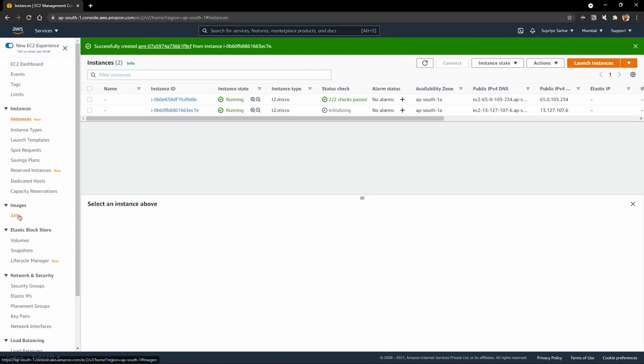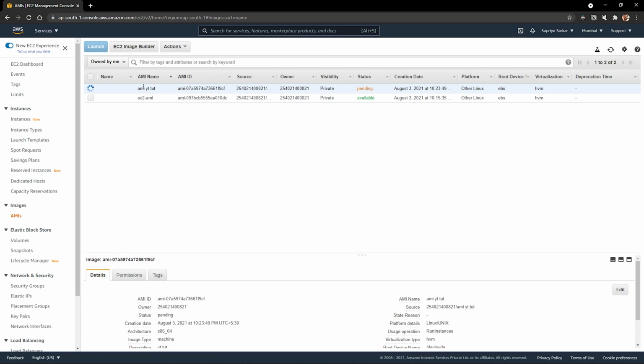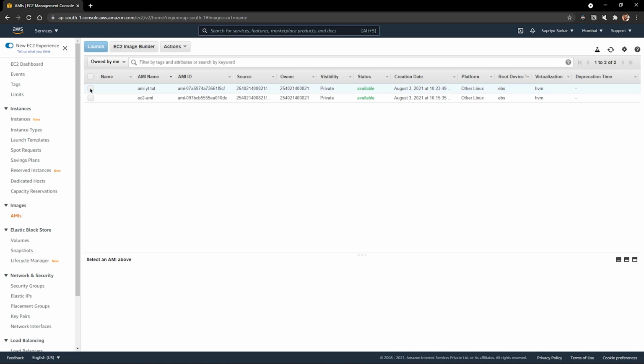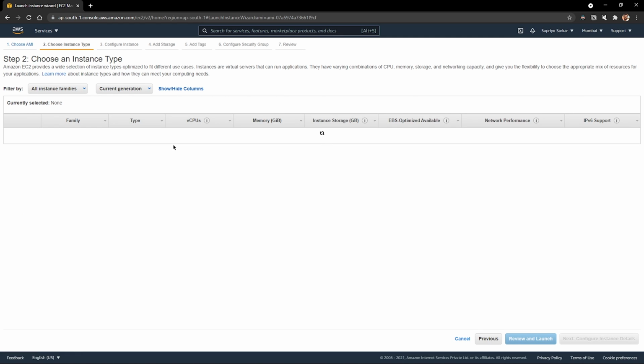And if I go to this AMIs section, we can see that this AMI is actually being generated, and we'll just wait a couple of seconds for this to complete. You can see here's the pending status, and as soon as it gets done, it will say available. So I'll just wait for that. Okay, so the AMI has been generated. Now I'll just click it and hit launch, and it will take me to the creation page, and